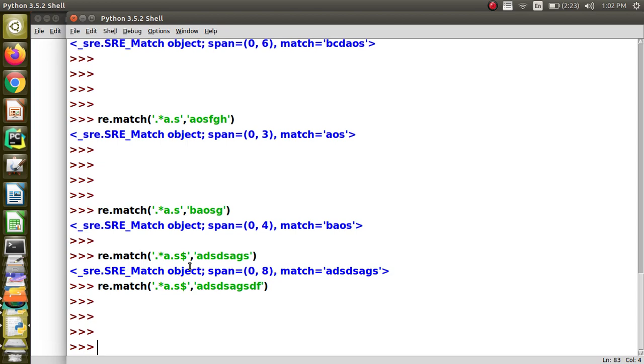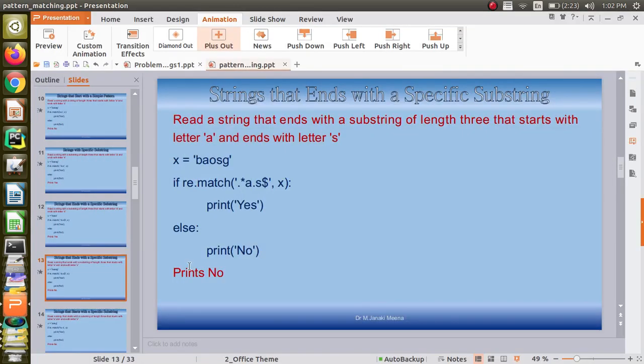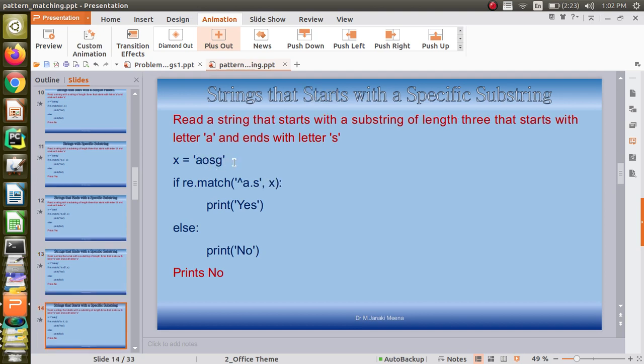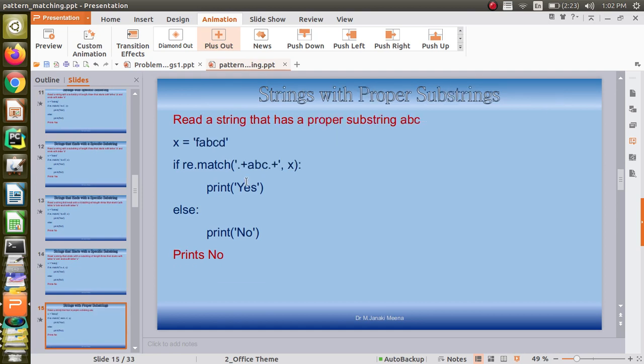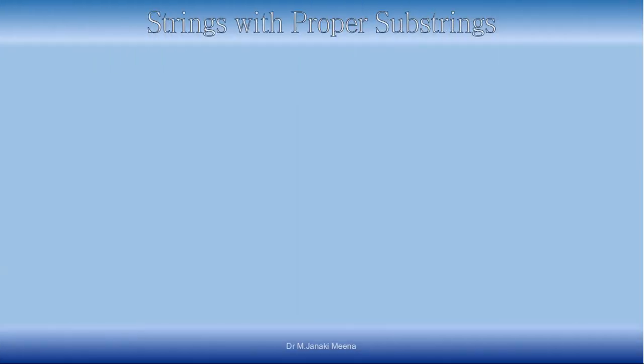That's the meaning of dollar, right? So when you look at this, it will say no for this case, because after this a, s there is a g. And when you look at this one, here also you will get a no, right? Fine.